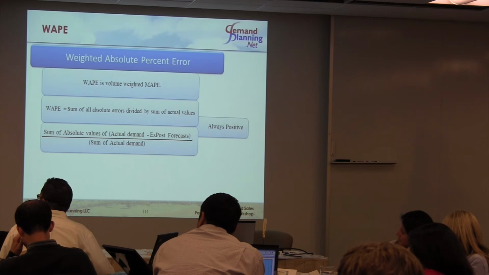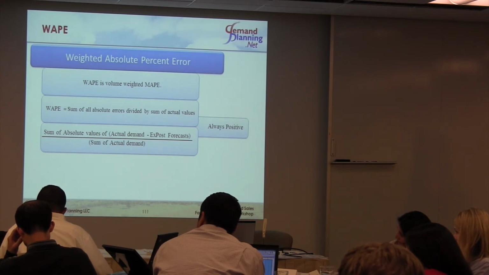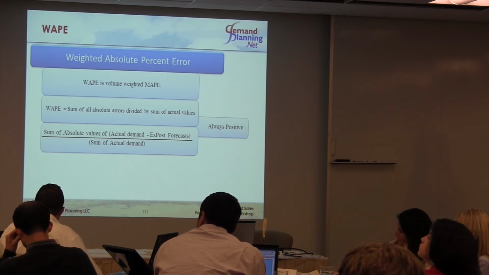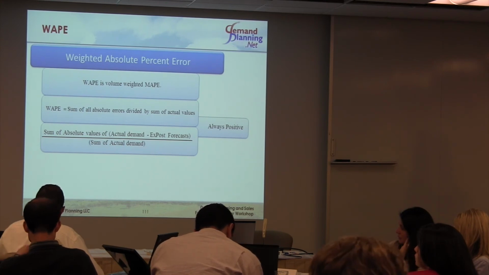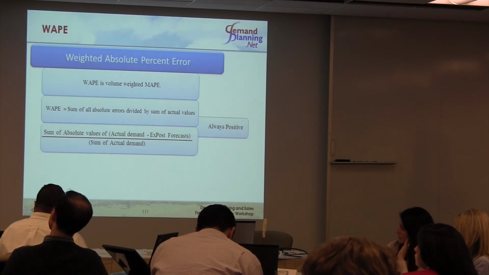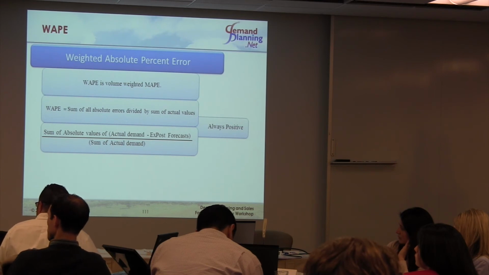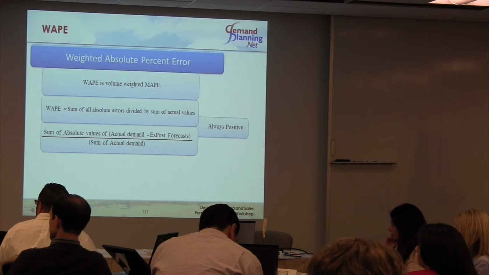So if you want to calculate average error, what is average error? Sum of errors divided by number of months. Do you agree? Average demand is the sum of the total demand divided by the number of months. Right? So basically you have divided by n and divided by n, so they basically cancel out. So they are the same.